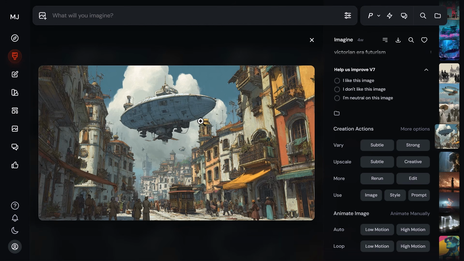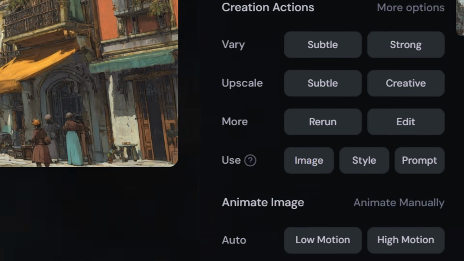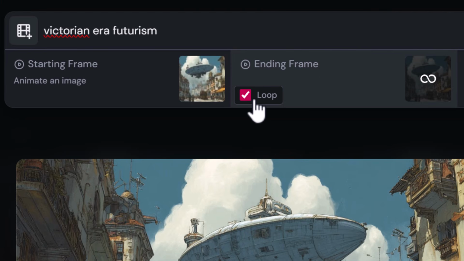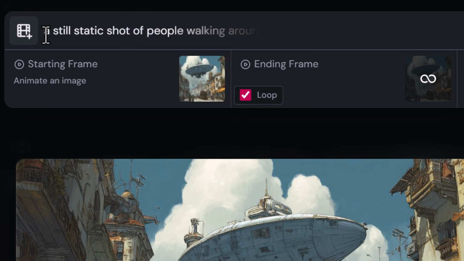Now, a common complaint is being able to get a static shot where the camera doesn't move. I have a few little tips here that can help you to make that happen. Before we dive into the actual editor, this quick little tip might help you get what you need if you have a simple shot in mind, because this particular image seems to want to keep zooming in. But if I decide to come down here and animate manually, I can try to just simply loop the video. Because what it essentially does is add the start frame as an end frame, the camera movement should not move too much. And if I change the prompt to say something like, I have a still static shot of people walking around town, I recommend mentioning that you want a still static shot right at the start of the prompt,